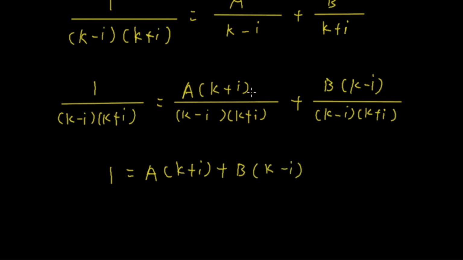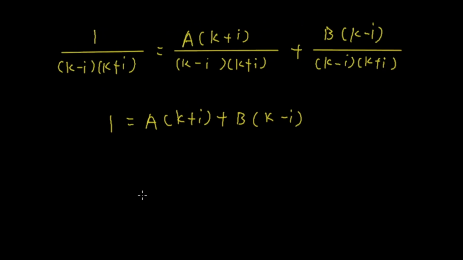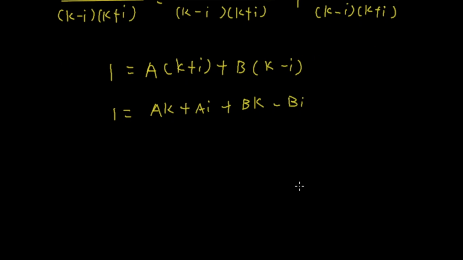So we can equate the numerators. Now distribute a and b, right? So that's ak plus ai plus b times k minus b times i. Of course, we have to group the like terms together, right? So 1 is equal to a times k plus b times k plus a times i minus b times i,